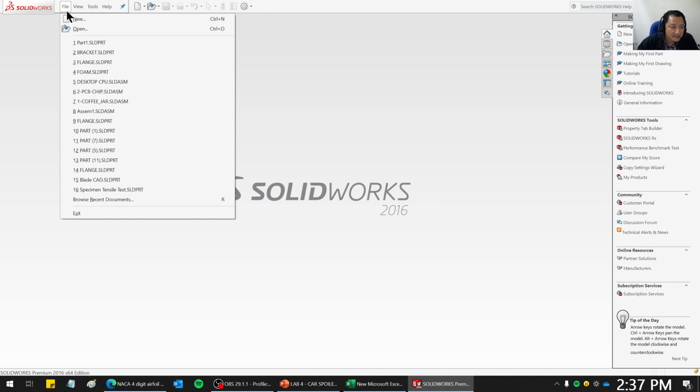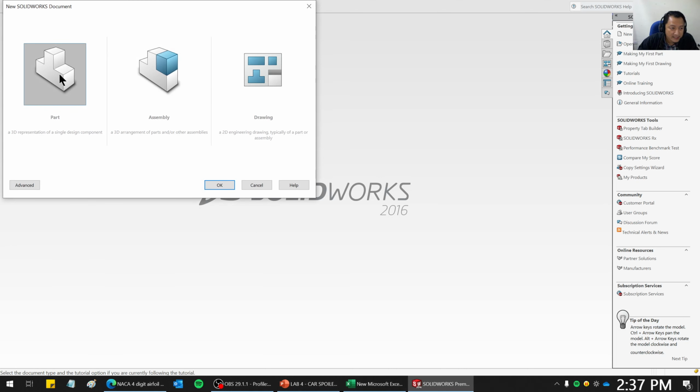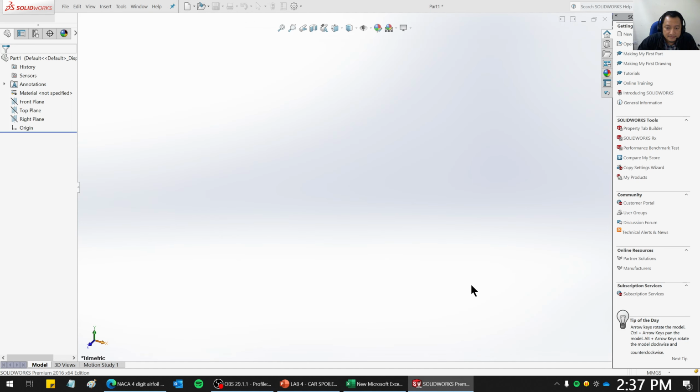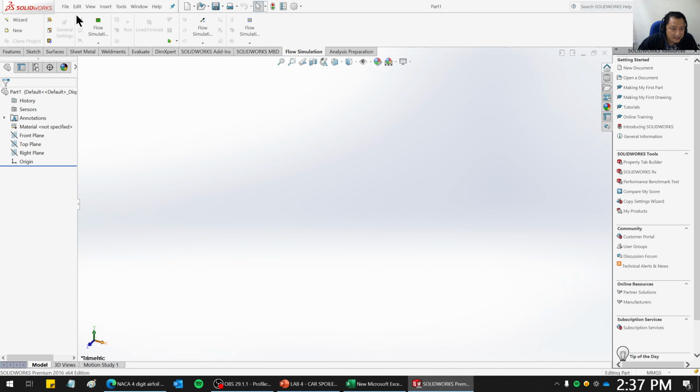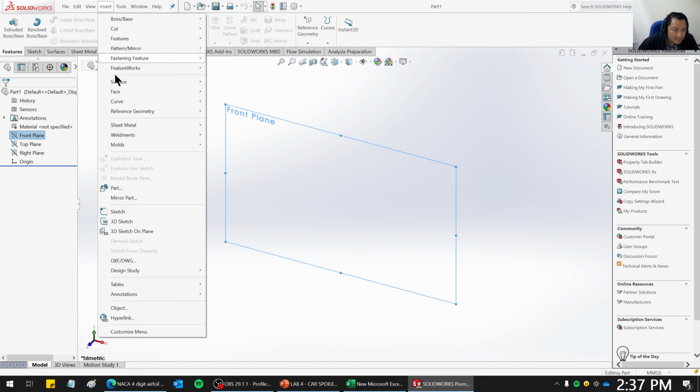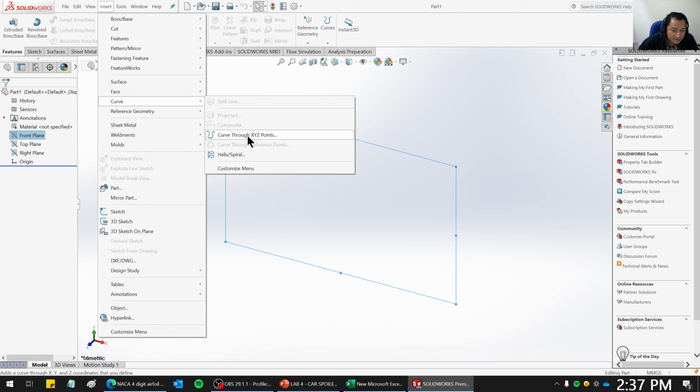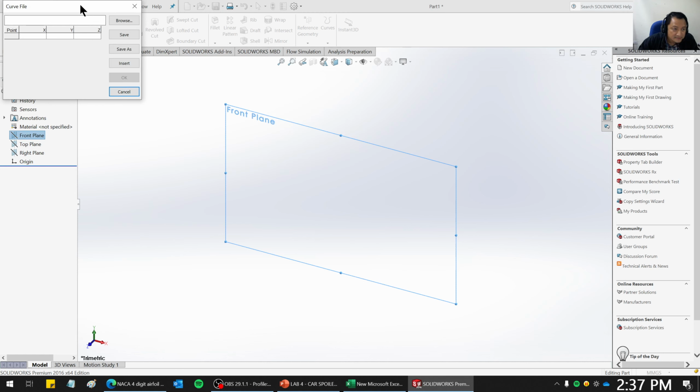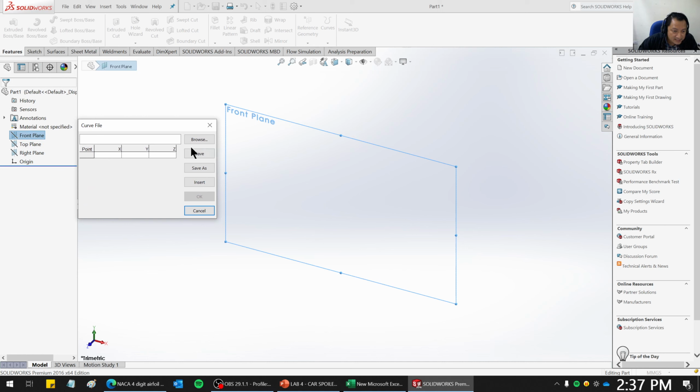So just go to File, New, create a new part, click OK. And then you can select a plane. For example, if it goes to flow simulation, I always go back to features. This is where you do your CAD. Select a plane, for example, a front plane, and then click insert, and then click curve through XYZ. Now it's asking you the coordinates. Click browse,